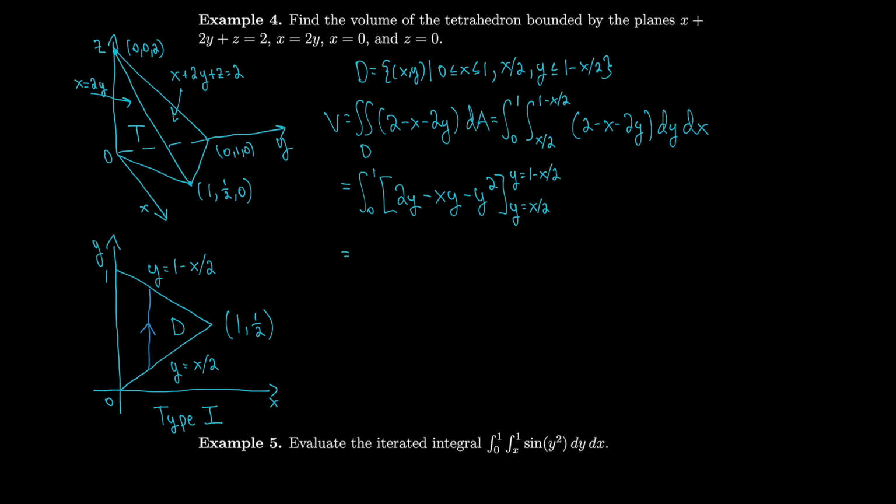And that's just the integral from 0 to 1 of 2 minus x times 1 minus x over 2 minus 1 minus x over 2 squared minus x plus x squared over 2 plus x squared over 4